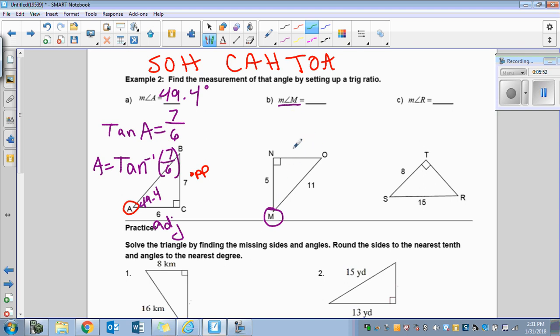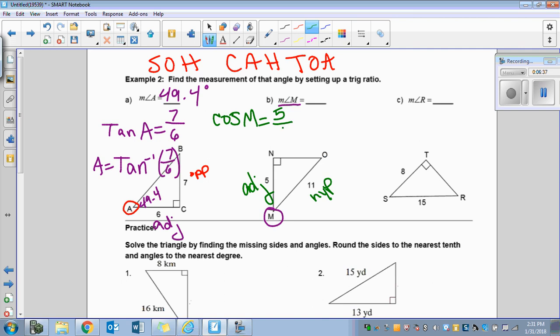My opposite side is blank, so I'm not going to use that. My hypotenuse is opposite the 90, so that's 11, HYP. That's my biggest side. And the other side is my adjacent side. So which trig function uses adjacent and hypotenuse? Adjacent and hypotenuse, no, this is opposite. Adjacent and hypotenuse is cosine. So we're going to use cosine of the degrees, which is angle M, we don't know what that is yet, equals, cosine's ratio is adjacent on top, which is 5, divided by my hypotenuse,